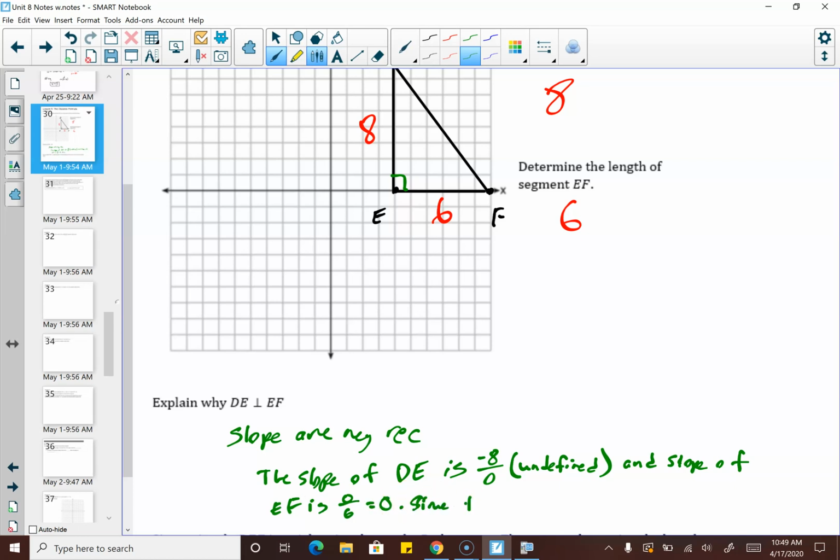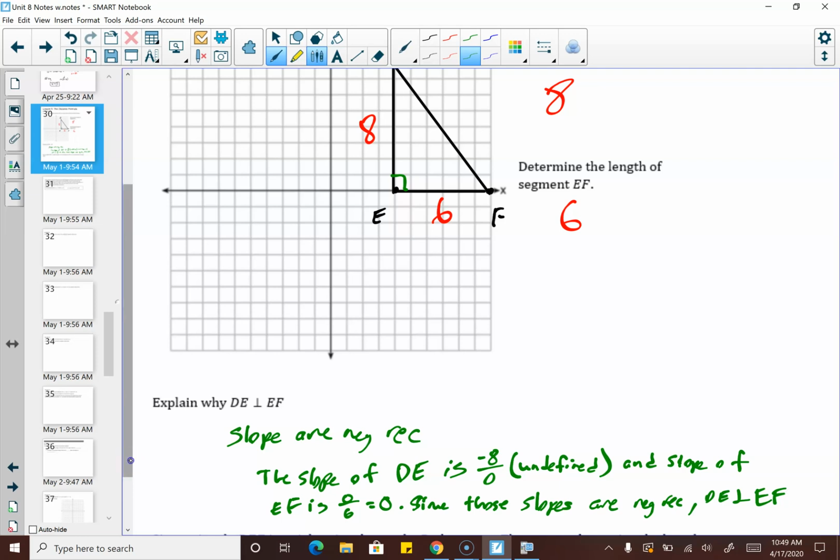Since those slopes are negative reciprocals, DE is perpendicular to EF. All right, so anytime you're talking about perpendicular on graphs, you really want to refer to their slopes being those